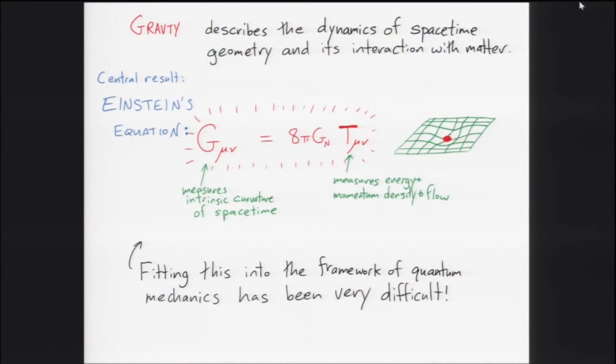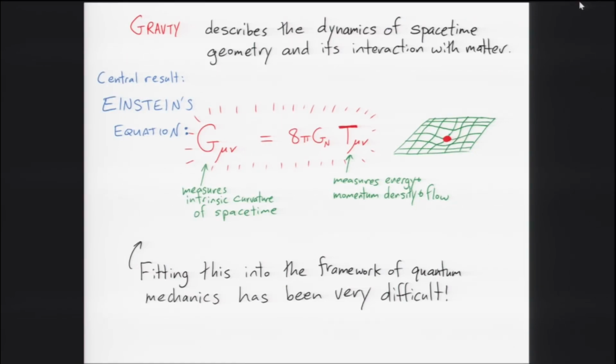Okay. So just to remind everyone, I'm sure I don't need to do this, but when we talk about gravity, this is the Einstein version of gravity. It describes the dynamics of space-time and how it changes and interacts with matter. Okay, and of course, the central equation in classical gravitational physics is the equation of Einstein that says that if you have energy and momentum, and energy flow and momentum flow, well, this creates intrinsic curvature of space-time, and those are related directly like that.